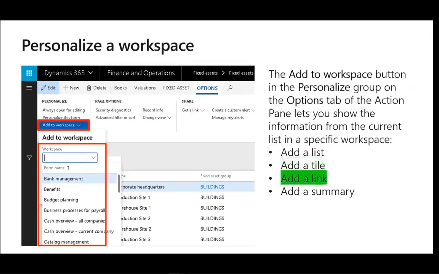The third type is to add a link. To add a link to a workspace, first filter the list on the page so that it shows the data we are interested in. Then select Add to Workspace, select the workspace we need to add to, and then in the Presentation field, select